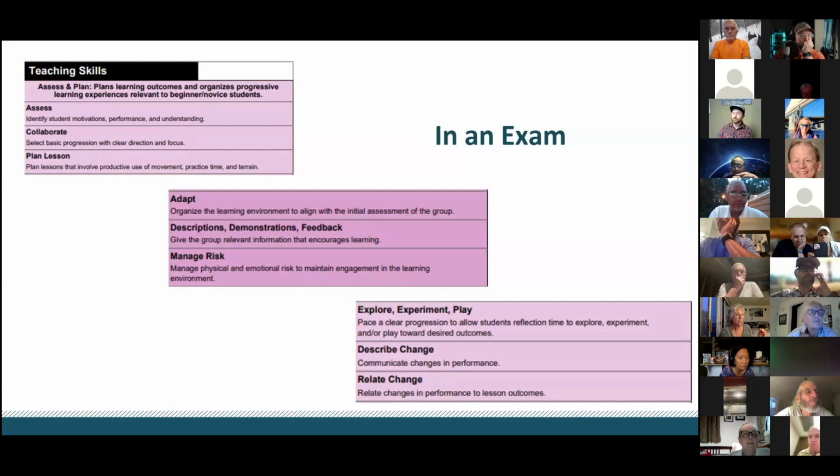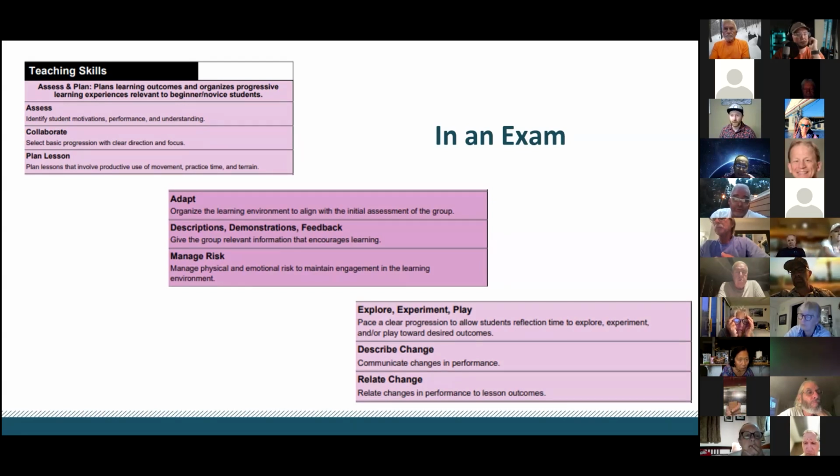adaptation, collaboration, and experimentation and play are built into the actual scoring nature of the exam. There are scores for all of these pieces, right? I trimmed it a little bit so you don't see the whole thing, but these are all things that get scored, okay? And the fastest way for us to know that you nailed your teach segment is if we can see a visible change in plan, okay?